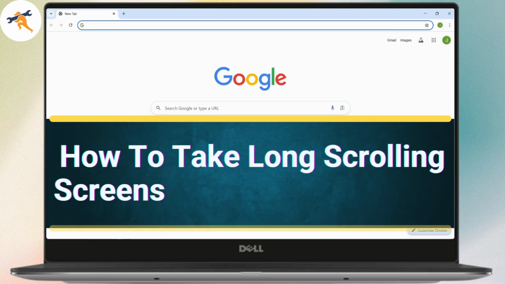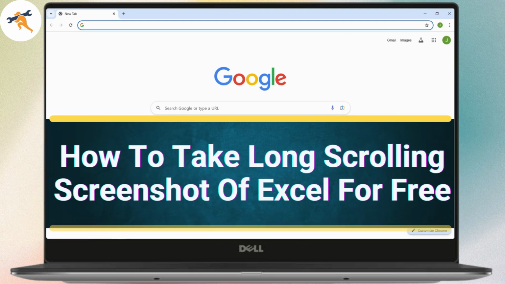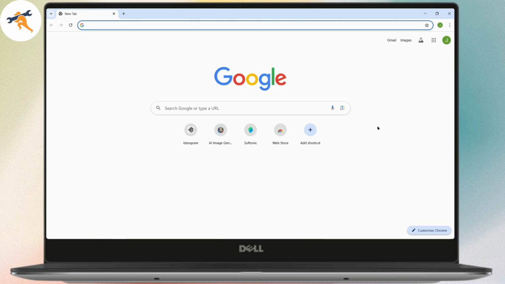How to take long scrolling screenshot of Excel for free. So if you want to take long scrolling screenshot of Excel for free, then first make sure that you have a stable internet connection. After that, you need to open up your browser, any browser that you're comfortable with, and